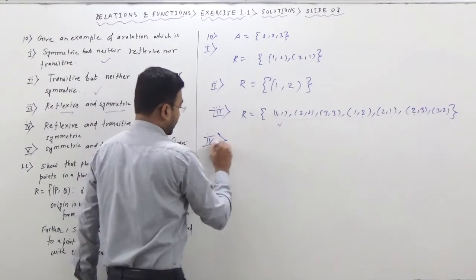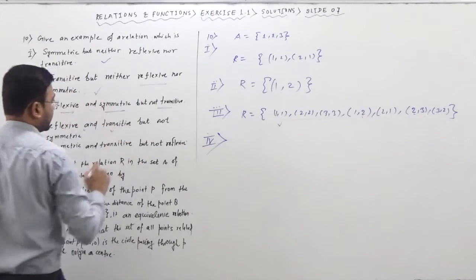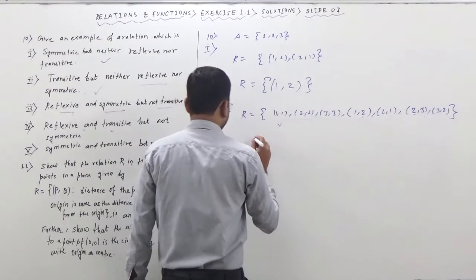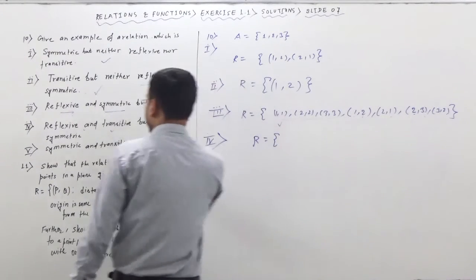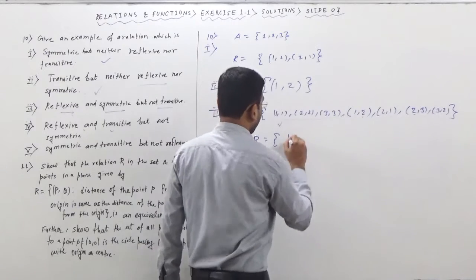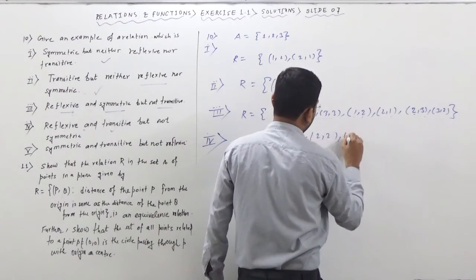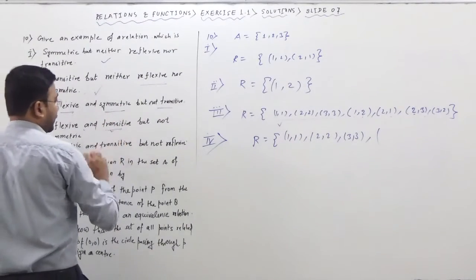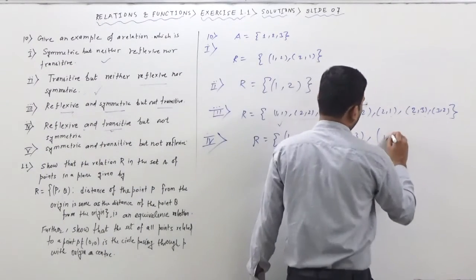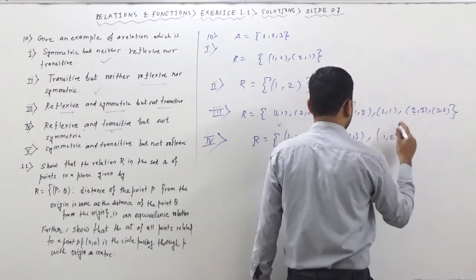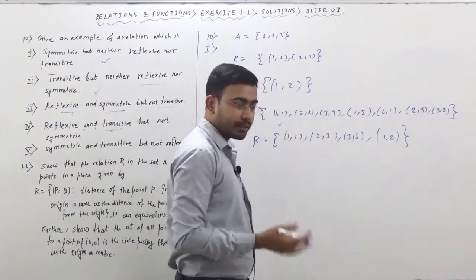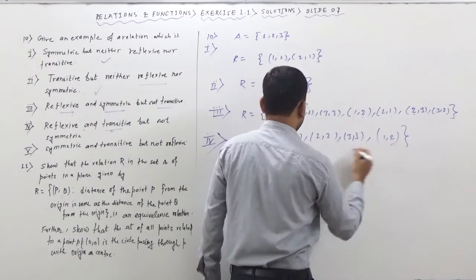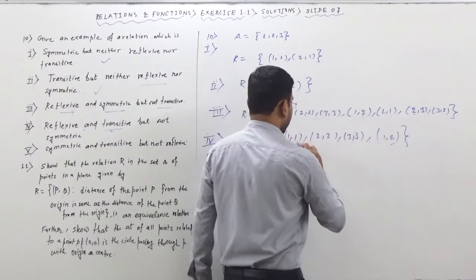So this was the example. Now fourth one, reflexive and transitive but not symmetric. It need not be a symmetric relation. So because we have to make it reflexive, for making it reflexive, what we have to do? 1 comma 1, 2 comma 2, 3 comma 3. We'll keep all these things. Now as we have to make it transitive, so if we are keeping something like 1 comma 2, let's check, is it a transitive relation? Let's see. 1 comma 1 is there, 1 comma 2 is there, 1 comma 2 is there, yes, 1 comma 1 nothing. So this is okay for transitive.